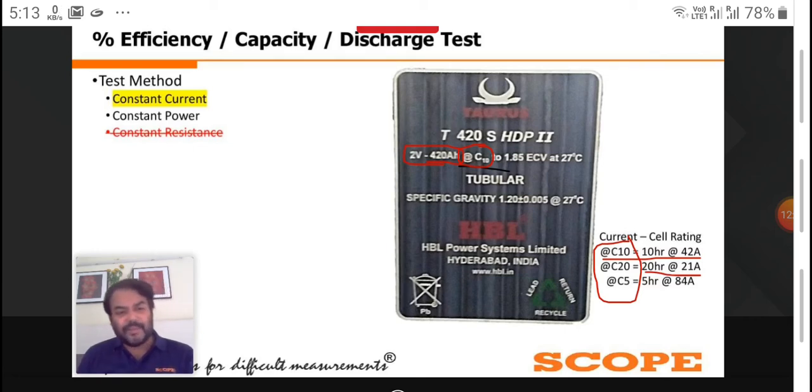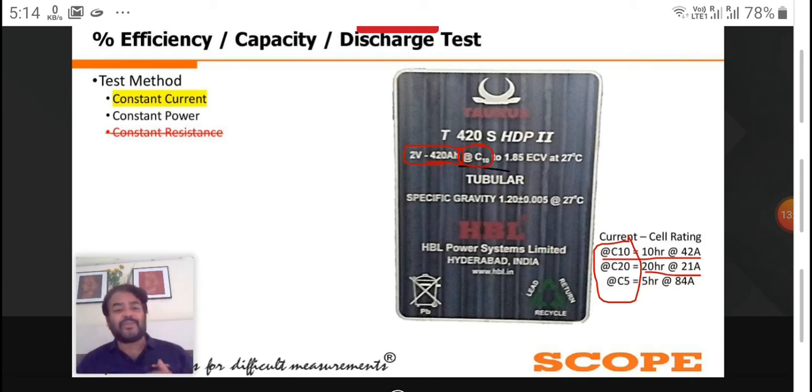But there are some common limits, like how much extra I can charge. Generally, it is maintained between 10 to 20% higher than the rated. So if a cell is rated at 2 volt, generally we can go up to 2.2, or in some cases up to 2.4 volt. Once again, the manufacturer decides whether to limit it at 10% higher, 20% higher or 15% higher. But IEEE says, or IEC says, it is generally between 10 to 20%.